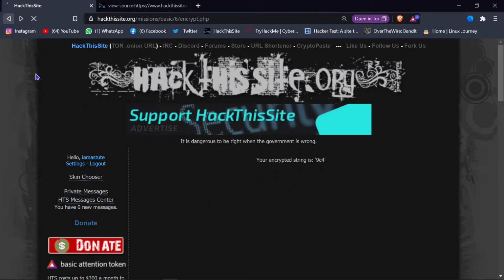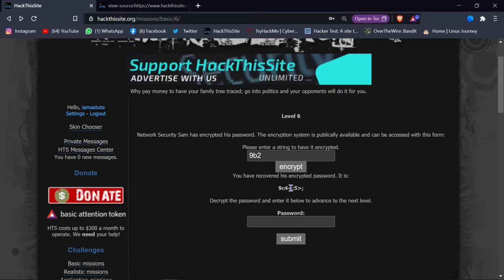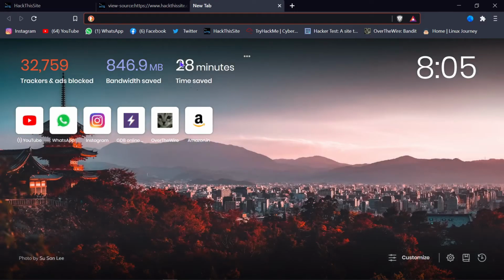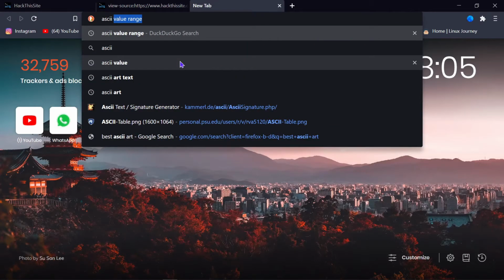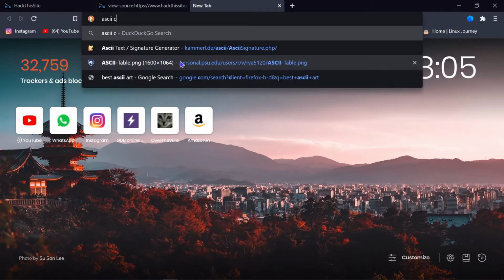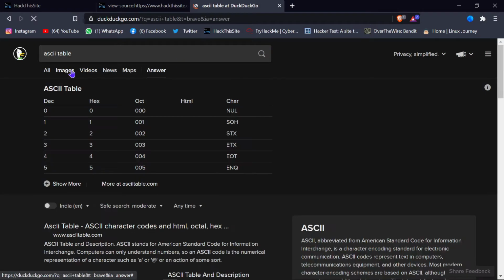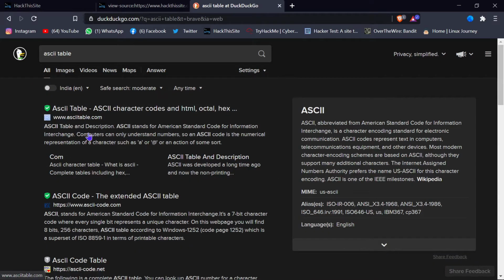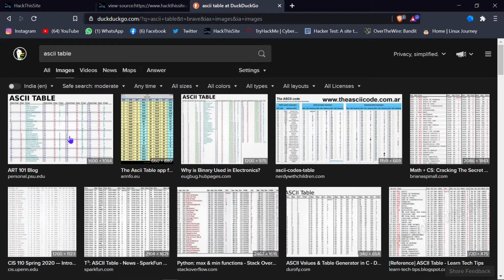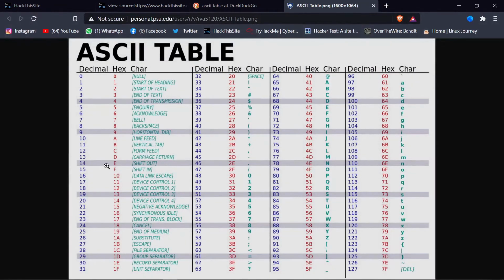Okay, let's find the answer now for the minus sign. Let me open Google and type ASCII chart. Okay, ASCII table, and images. Let me open any of these.